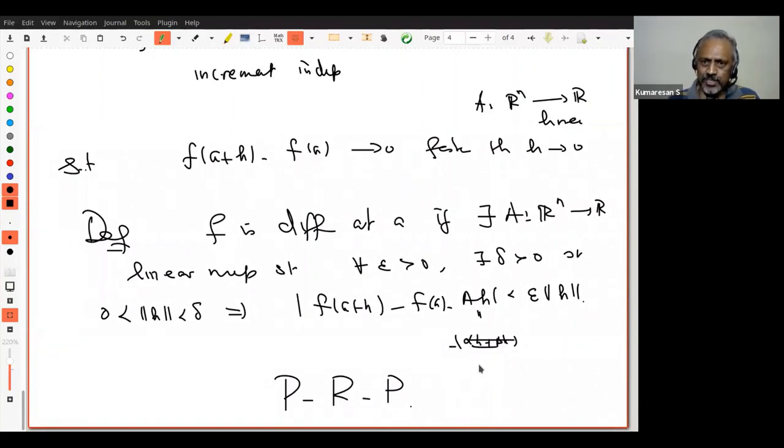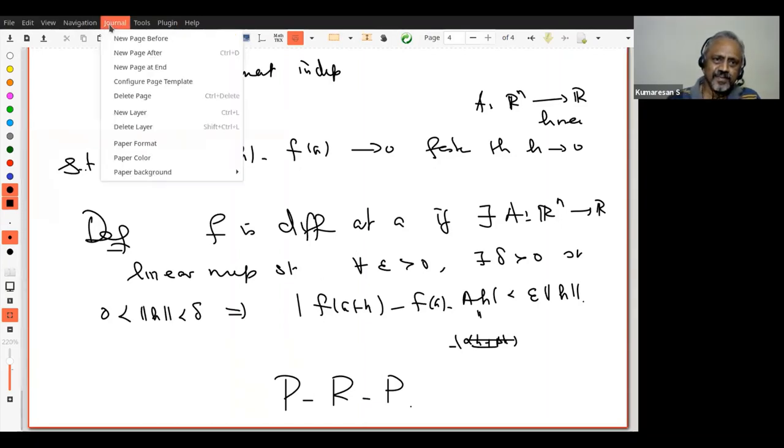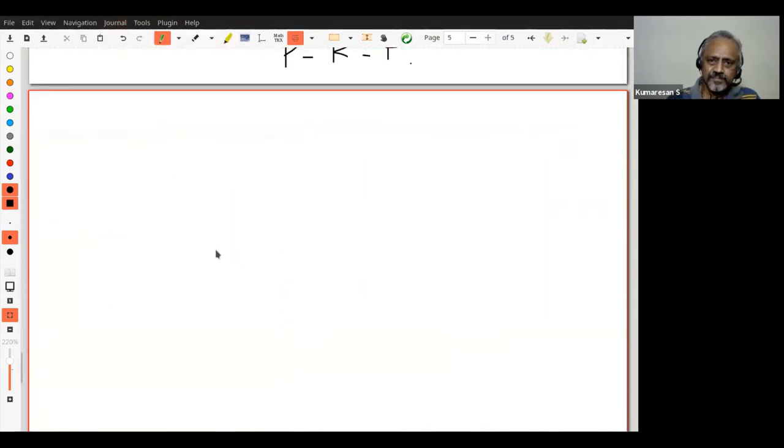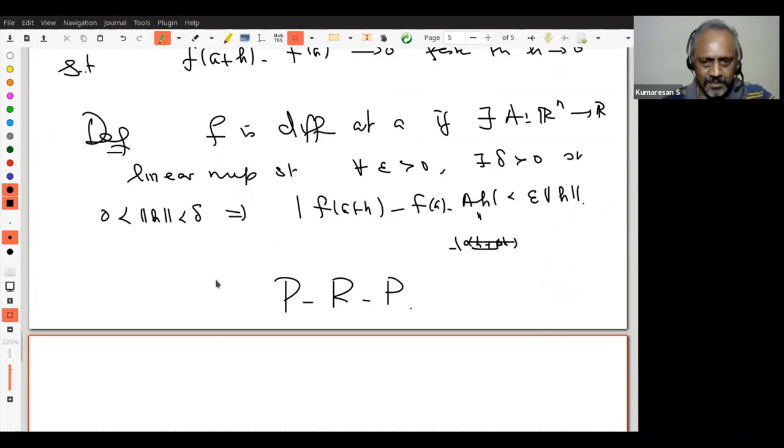Many times students, the moment you do something new, you don't want to accept, you don't want to adapt. You say, what is the use of it? Oh, it looks so abstract. So it's essentially a defeatist attitude in my opinion. Do you want to be a defeatist or do you want to succeed? The choice is yours. This is a new thing. It's a gadget. Learn to play with it. We are going to play with it.